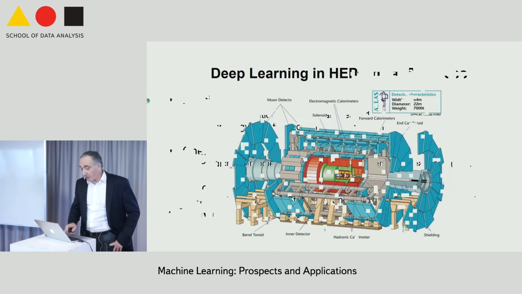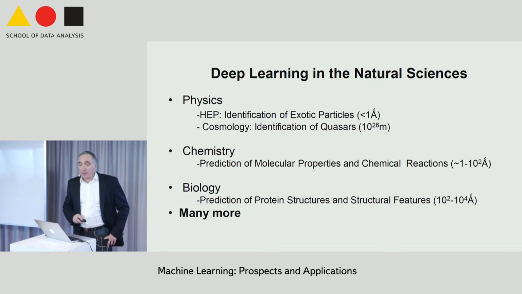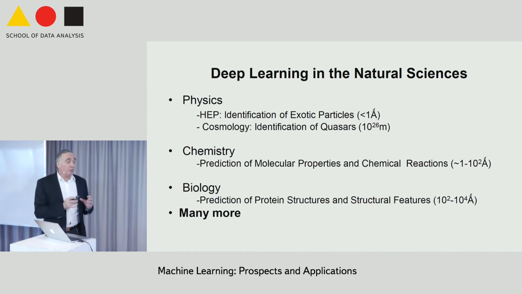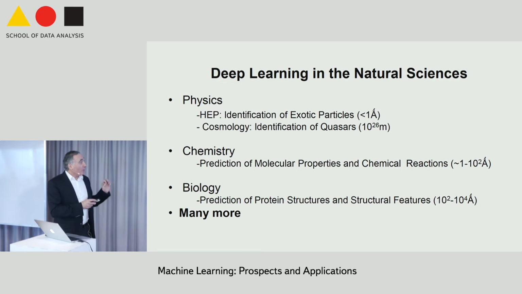OK, so applications, finally. I'll show you different applications in physics, in chemistry, and biology, just to give you an example of the breadth you can achieve with just the same set of techniques. But the same thing is true in engineering, right? Deep learning is used for images, speech, natural language. I'm doing the same thing in the natural sciences. And what I'm describing here is just the tip of the iceberg. There are tons of problems in the natural sciences. I just don't have the resources, but there are plenty of things one can do.